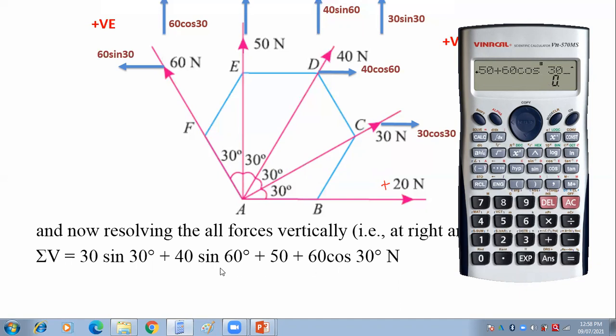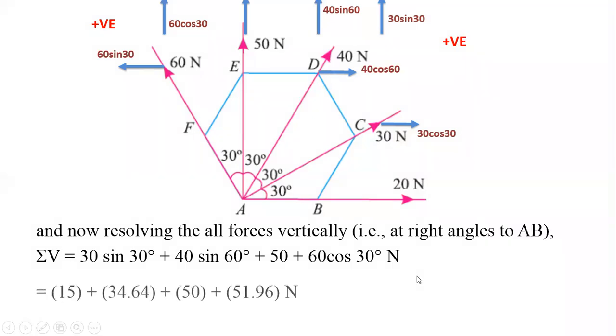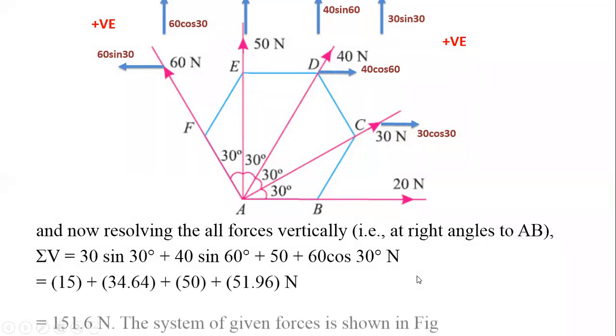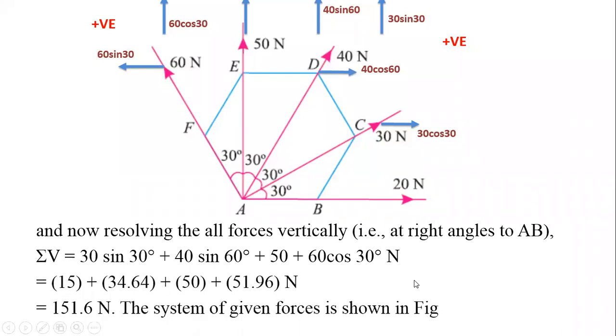It is very important to make the calculation accurately and put the input correctly. Wherever the sin is there, we have to use sin. Where the cos is there, we have to use cos. When it is a plus or minus, the correct sign we have to use in the calculator. Otherwise, we'll be getting the wrong answers. Okay, we'll be getting 151.6. Let us check, 151.6 Newton. And both these values are positive. That's why the resultant will lie in the first quadrant.